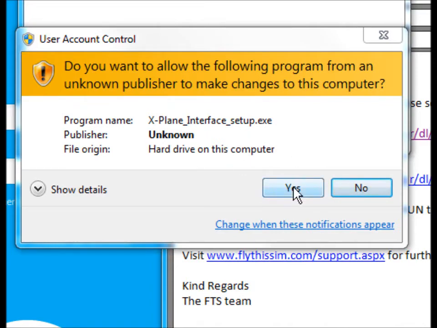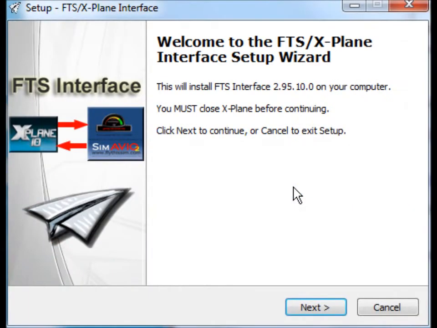Again, user account control. Click Yes. This is the first stage of the wizard for the installer for the interface. Make sure that the version of the interface is the same as the version of SimAVIO. They always need to match. So when you're doing an upgrade, you need to reinstall the interface. So click Next